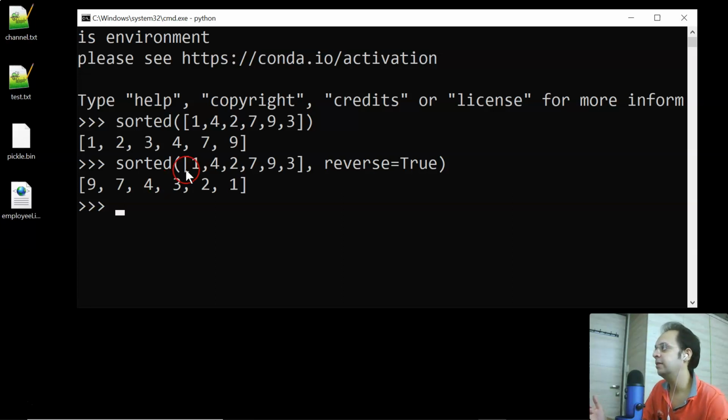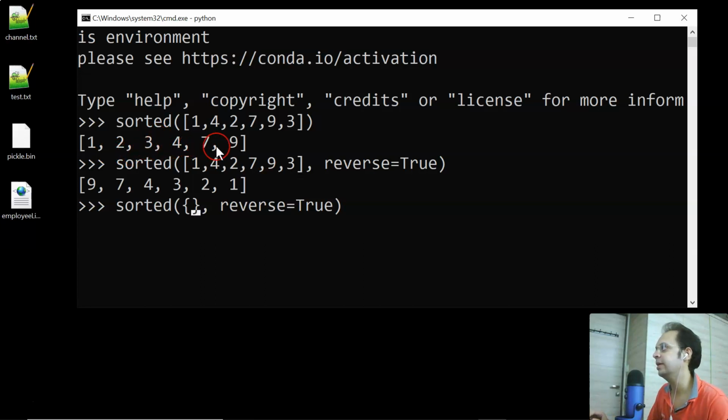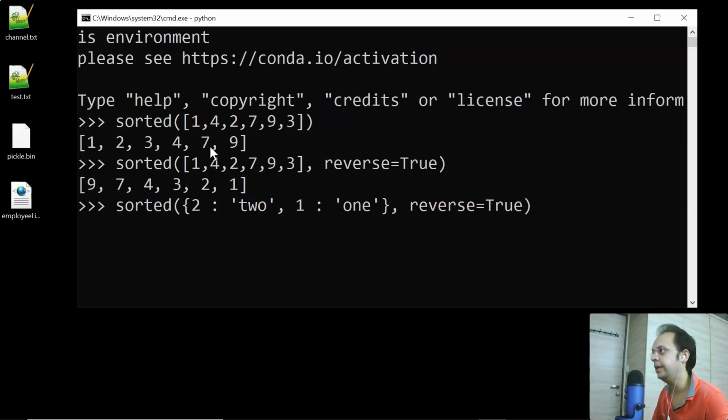Now here we have passed a very simple list. Instead of a list, you can even pass a dictionary also. So instead of this particular list, I'm going to provide some dictionary object, and inside the dictionary the individual keys will be like 1, 2, 3, 4, 7, 9. Or let me just make a couple of them. So let's say 2, and then 1, and corresponding to 1 it will be ONE. Let me just put here 7.